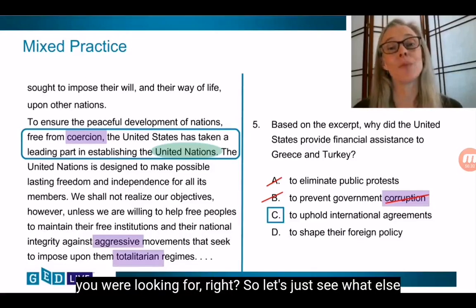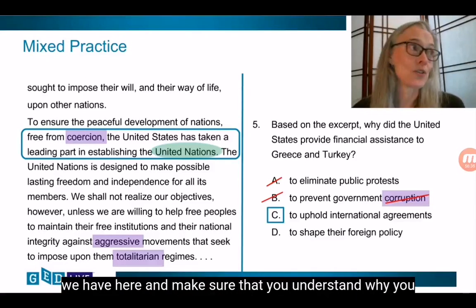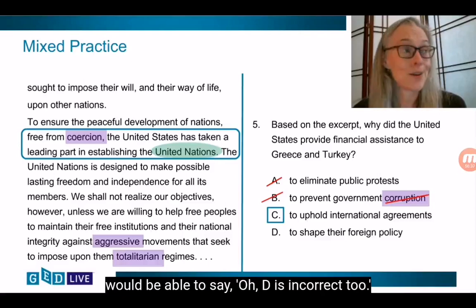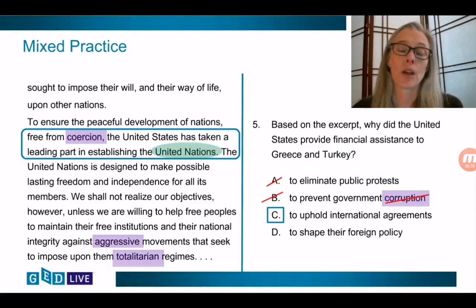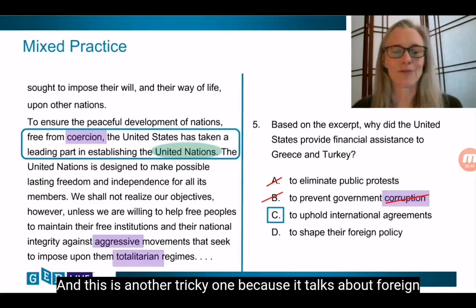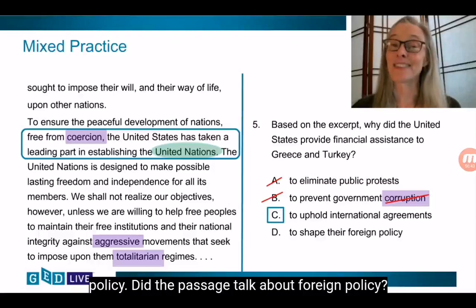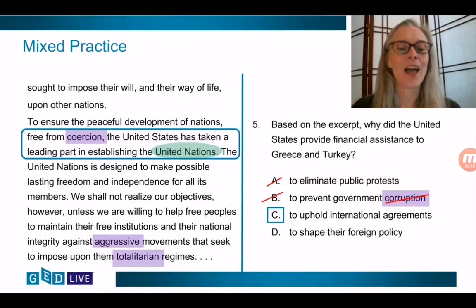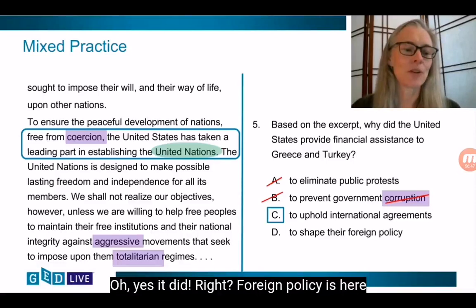So let's just see what else we have here and make sure that you understand why you would be able to say, oh, D is incorrect too. And this is another tricky one because it talks about foreign policy. Did the passage talk about foreign policy? Oh, yes, it did, right? Foreign policy is here